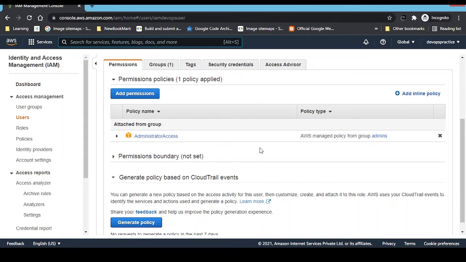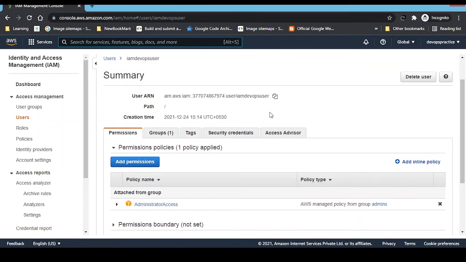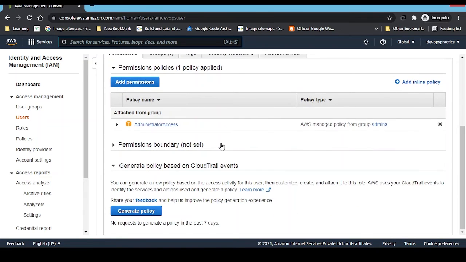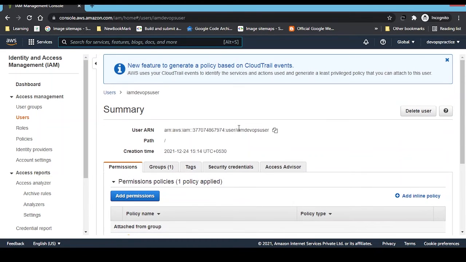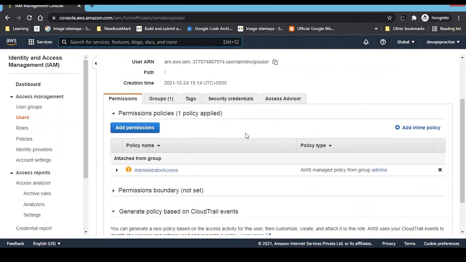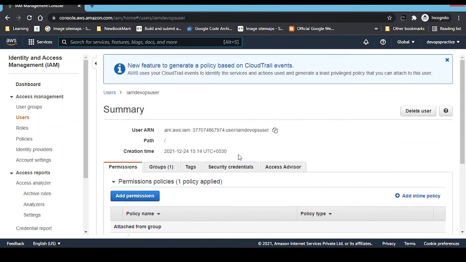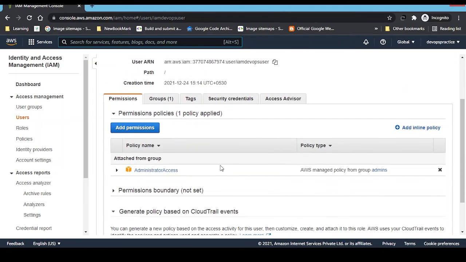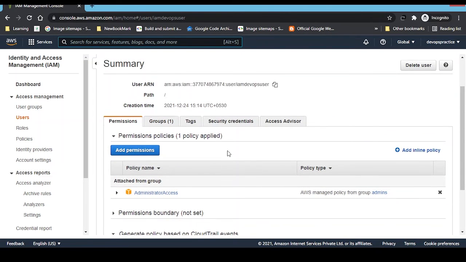Like that, guys, you can create your IAM user, and you can go to the AWS console and log in as the user. As of now I'm going to log in through this user.